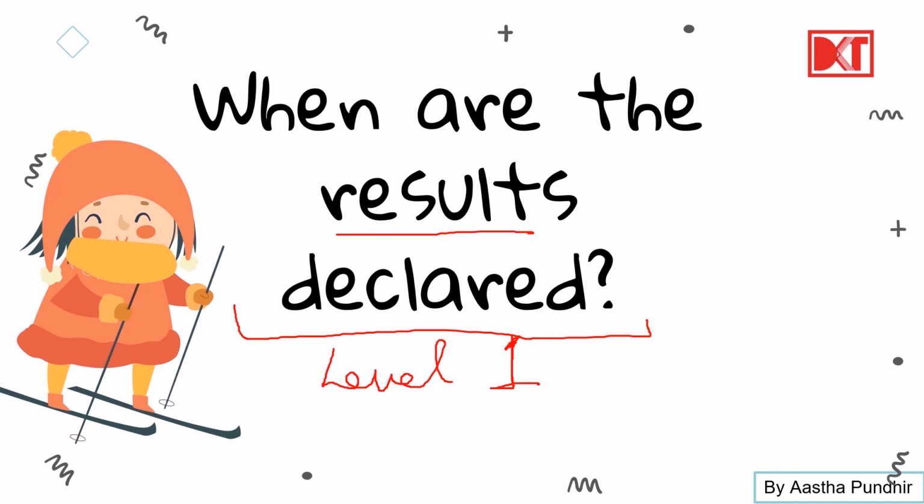If you pass the certain criteria in level 1, then you get a chance to participate in level 2. So the results are announced and then the level 2 exams also take place. So the results are declared. For example, last year the results were declared within about 45 to 50 days, which makes it about 1.5 or 2 months. So the results come quickly, you won't have to wait much, and accordingly you can participate in level 2. So this was